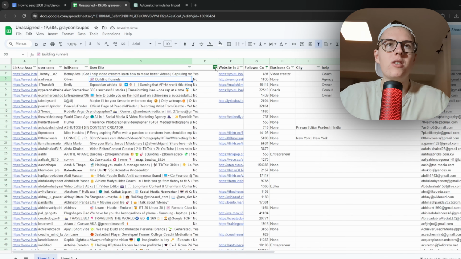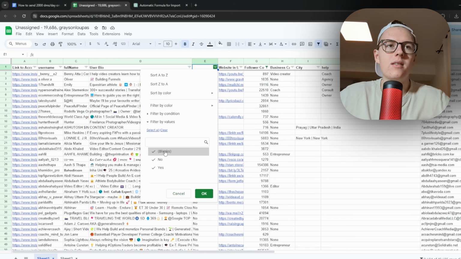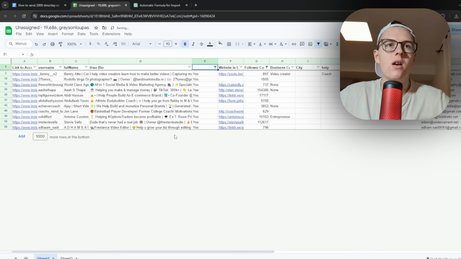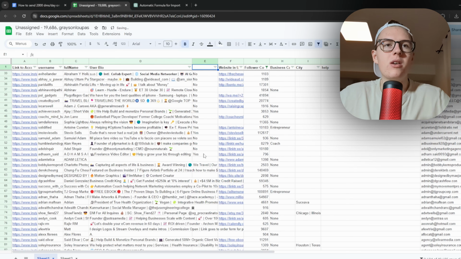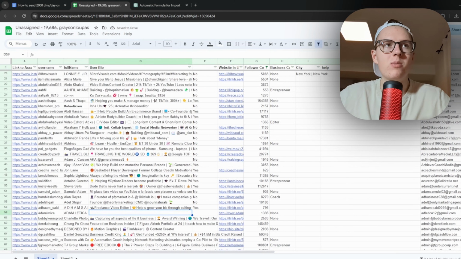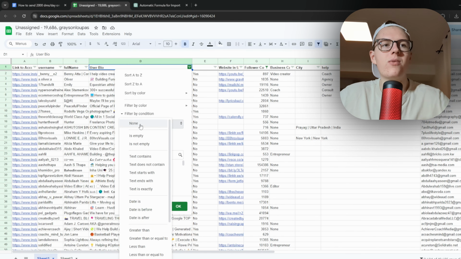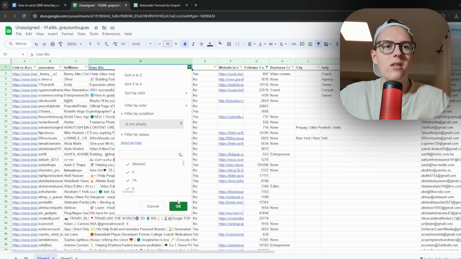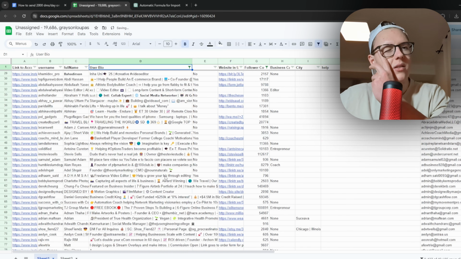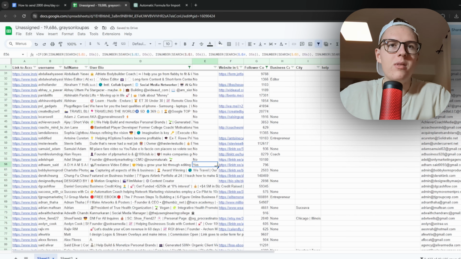And now what you want to do is just click here on the filter button and filter out the blanks and the no's. Okay, actually there was a problem, because as you can see here, sometimes the bio is empty, and what we can do to solve that, so that the formula applies to all the bios that are populated, which is something we want to do anyways, is we filter by condition here and click on is not empty. If we do that, it only includes bios that are not empty. Now if you right click on this,